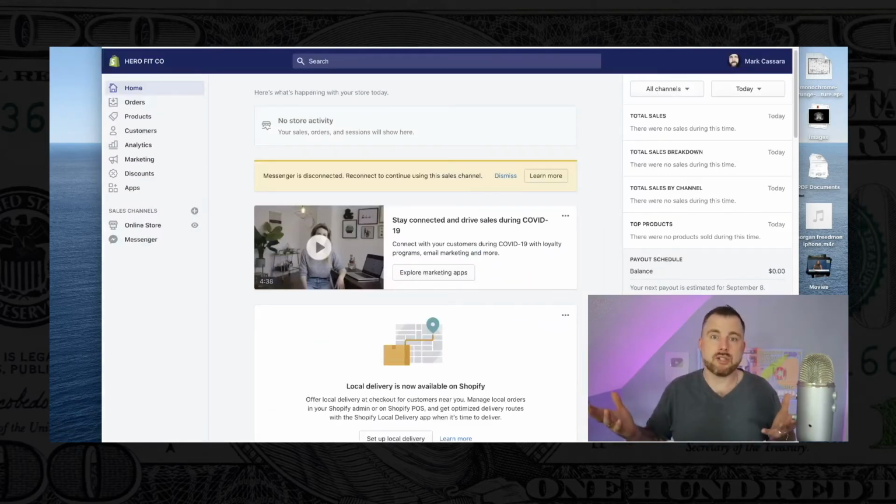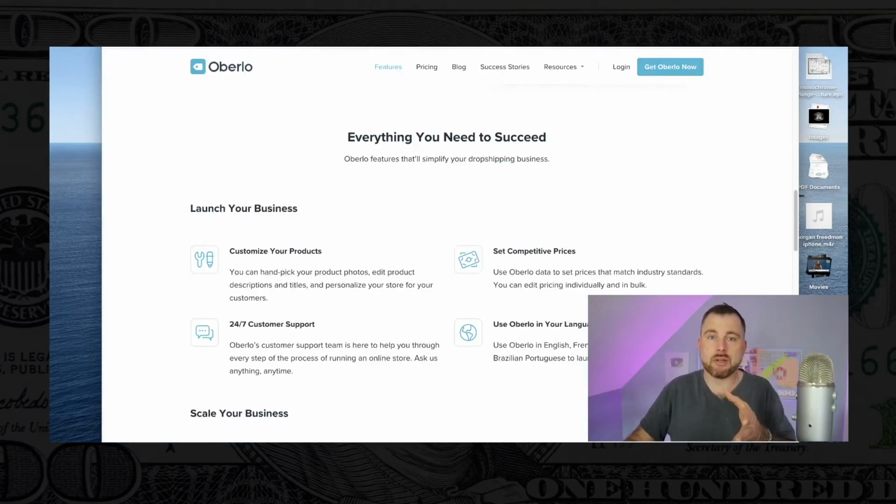Second one is Shopify. So obviously Oberlo works exclusively with Shopify. You're going to want to make sure you have a Shopify account. With Shopify, you can get a 14-day free trial. You can also do that through the Oberlo 101 course. Once you log in and you see the back end of Oberlo, it tells you how to connect a store. You can go ahead and click that button. It'll bring you over to Shopify, and you'll be able to set up your store there.